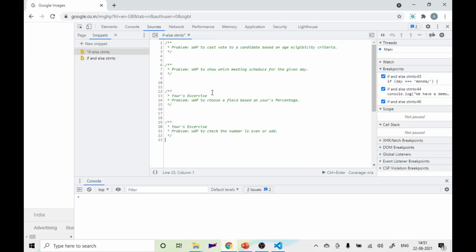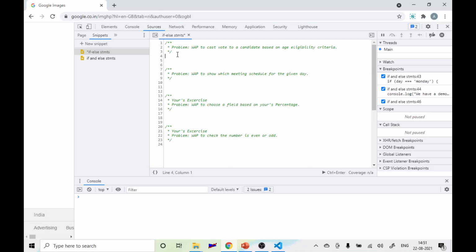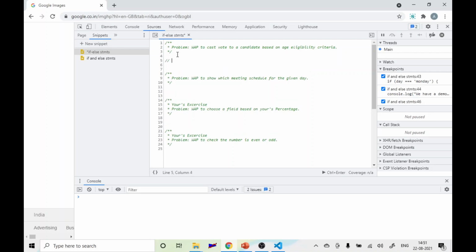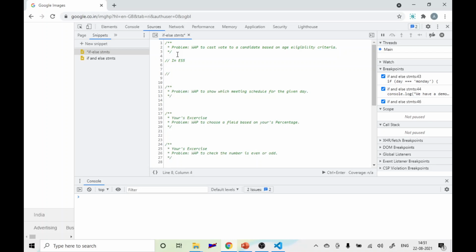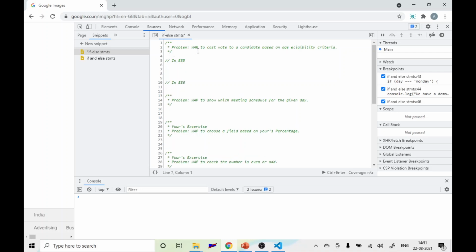If you don't know about comments, you can see the first video, the detailed video of JavaScript, where I have explained more about the basic things of JavaScript. Okay, so let's understand how to write the code. I'm going to write the code first in ES5, and second I'm going to write the ES6 way of writing the code. Okay, so the first exercise says